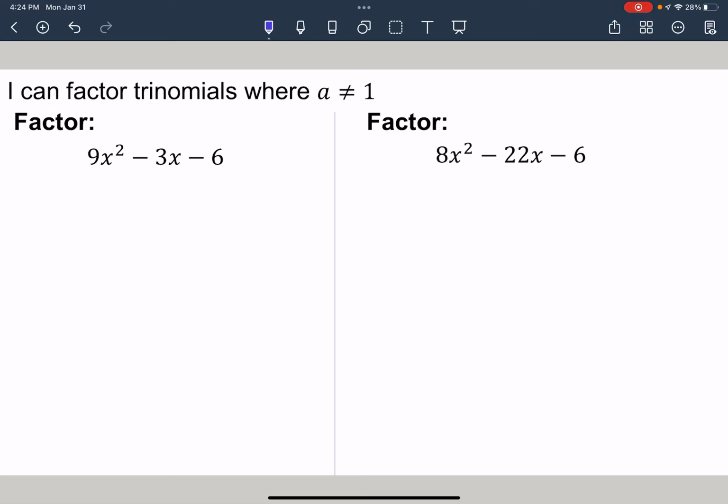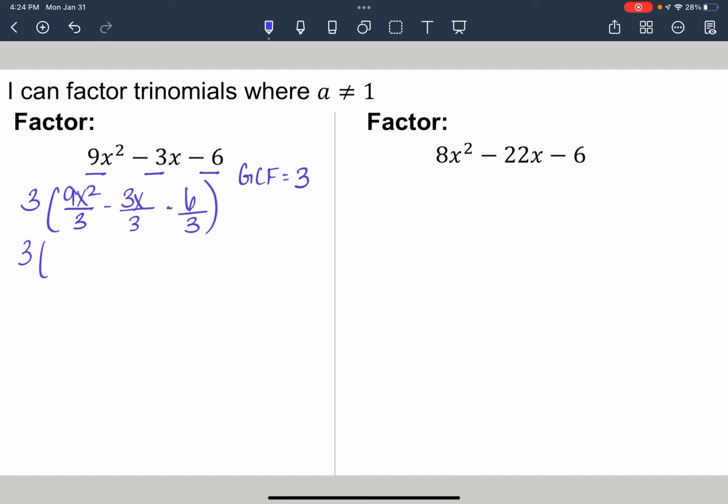Okay, so let's look at another example. Remember, you always want to check for a GCF first. So we have 9x squared minus 3x minus 6. The GCF of these three terms is 3. So if you have a GCF, you always want to factor that out first. So I'm going to factor out 3. So this becomes 9x squared over 3 minus 3x over 3 minus 6 over 3. So what happens is you get 3 times, 9 over 3 will become 3x squared, minus 3 divided by 3 will cancel, and that's x, minus 6 divided